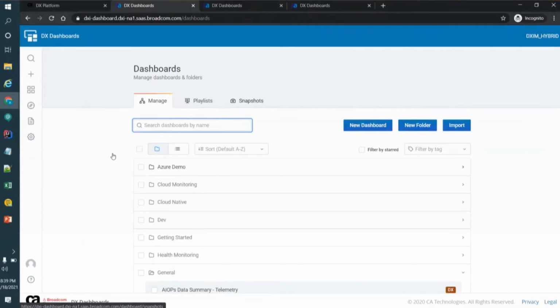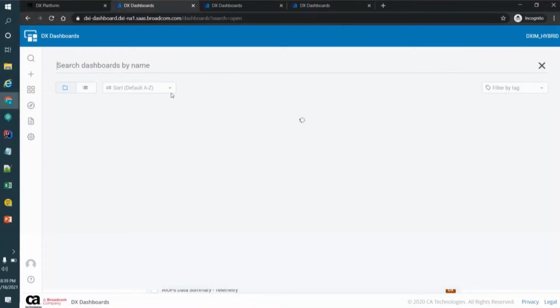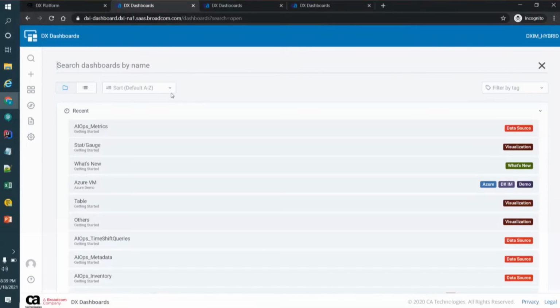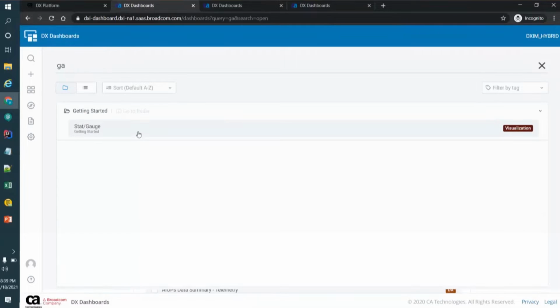If you see, this is the change in the landing page. We have a search icon on the top left. So anywhere you are in building the dashboards or anywhere in between, you can just click this search. It is just the dashboard search and your context will not be changed. Just go ahead, open this dashboard in a new tab, and you can close it and continue your work here.